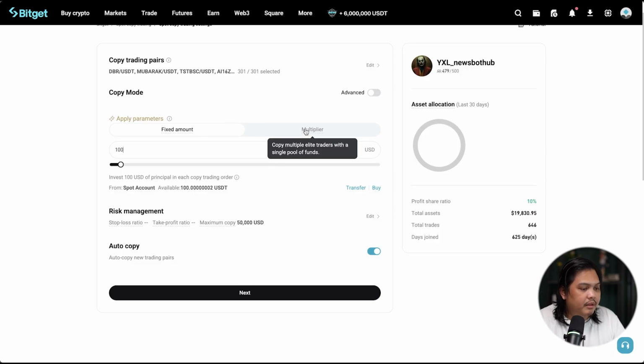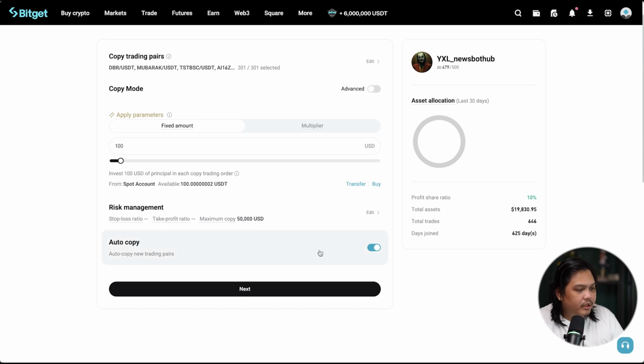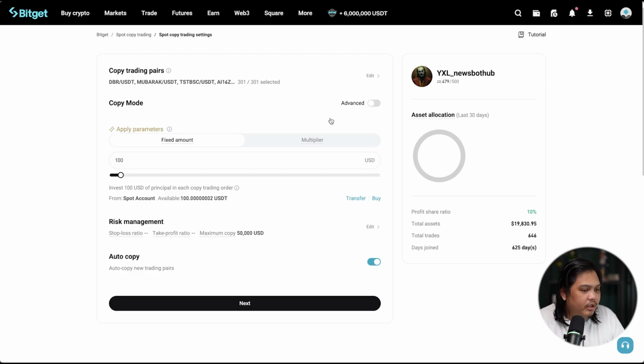You can also add multipliers in case you want to multiply how much the trader buys or sells. There is also risk management over here and then auto copy new trading pairs. In the advanced section, let's click here.